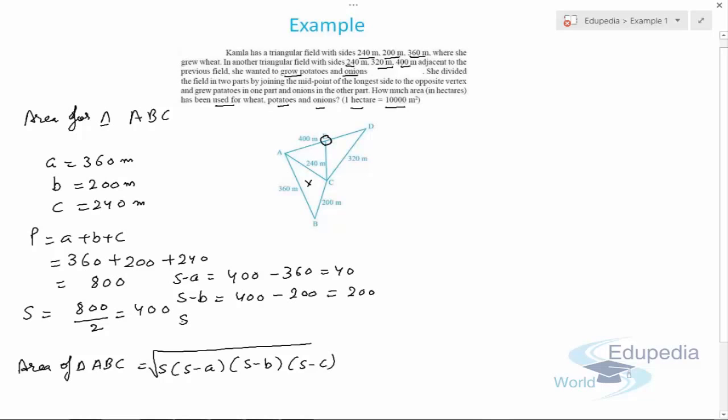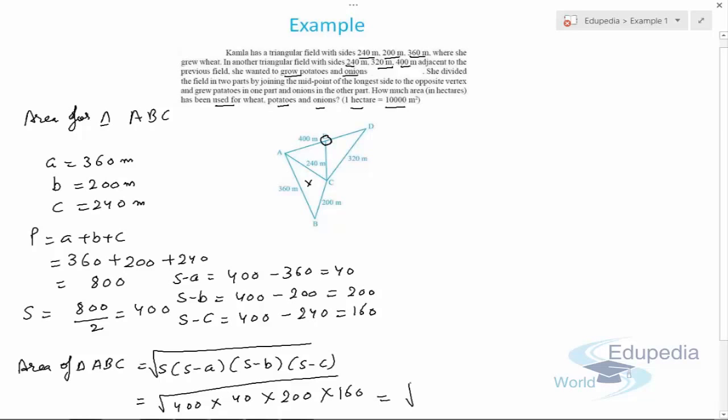Then S minus C, which is 400 minus 240, which is 160. Now we can put in the values, so it will be the square root of 400 into 40 into 200 into 160. Now if you multiply this, 400 times 40 times 160 times 200, it will come out to be